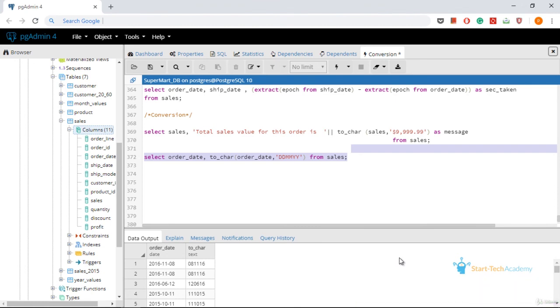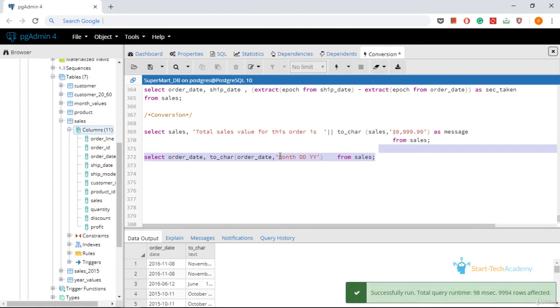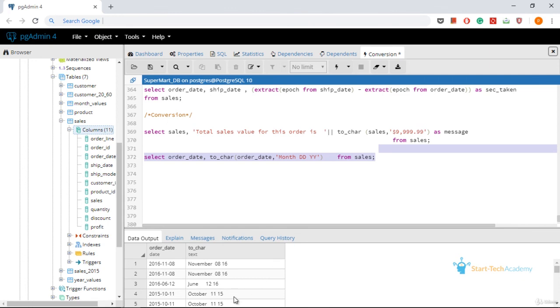081116. If you want to write the month in the format of month name, just write month space DD space YY. When you run this, you can see you get name of the month, the date, and then the year.